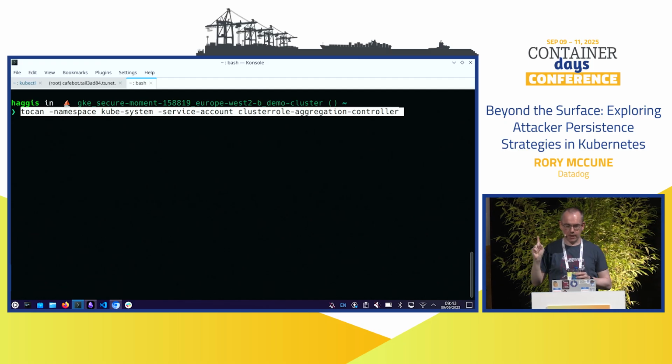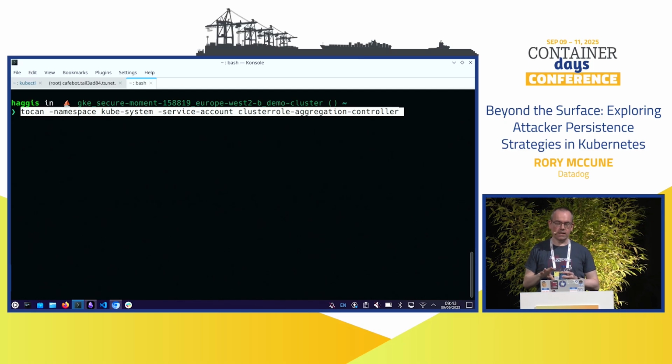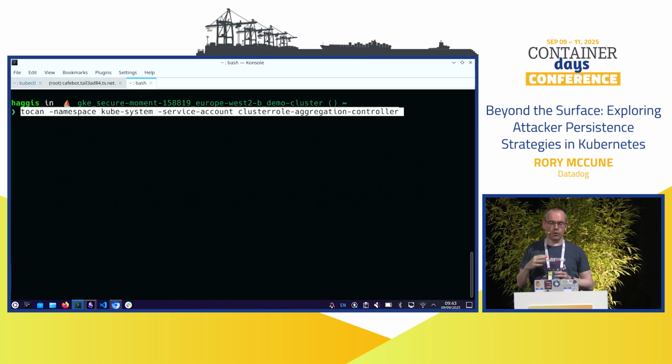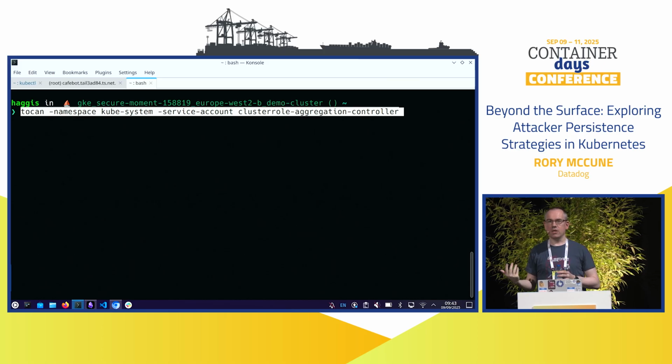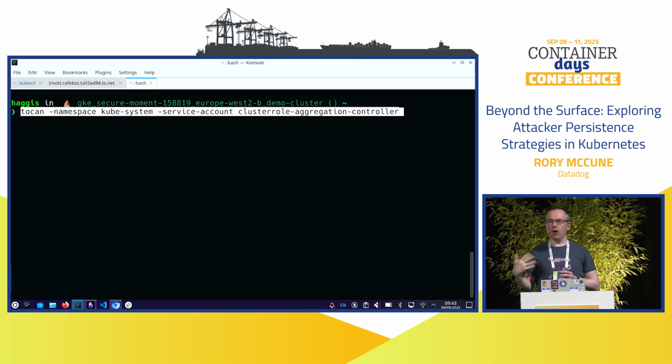because this is a very special service account. One important thing about these is in terms of how you would react to this. Again, there's no persistent record that I've done this, so I could create 100 of these, and there's nothing in the cluster apart from audit logs. If you don't have audit logs turned on, you wouldn't notice. There's nothing that says 100 tokens have been created, unless you're looking at audit logs. Also, in terms of revocation, you can't revoke these without deleting the service account that they relate to, and if you delete this service account, you'll probably break your cluster, so be careful with that. But we can create a new kubeconfig file for that.